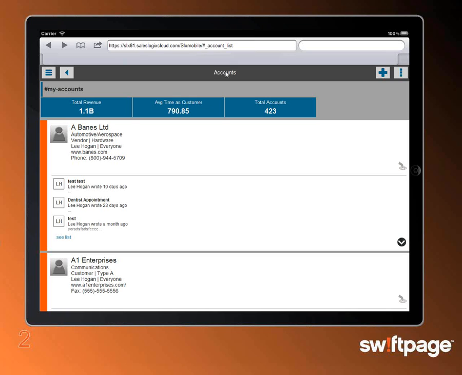So as a 20,000-foot view of the mobile platform, we've done a great job. If anybody's had an opportunity to see what our 2.0 platform looks like compared to what our 3.0 platform looks like, we've done a terrific job, and it's been because of feedback that we've gotten from customers who have been using the platform, as well as all of our business partners who are working with us to make sure that our mobile solution is one of the best out there. So with that, I'll pass the ball back over to whomever I'm supposed to be passing it to.